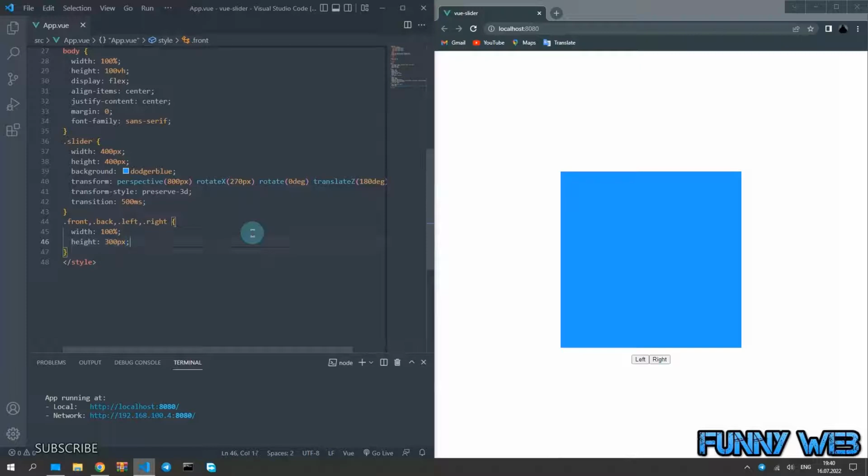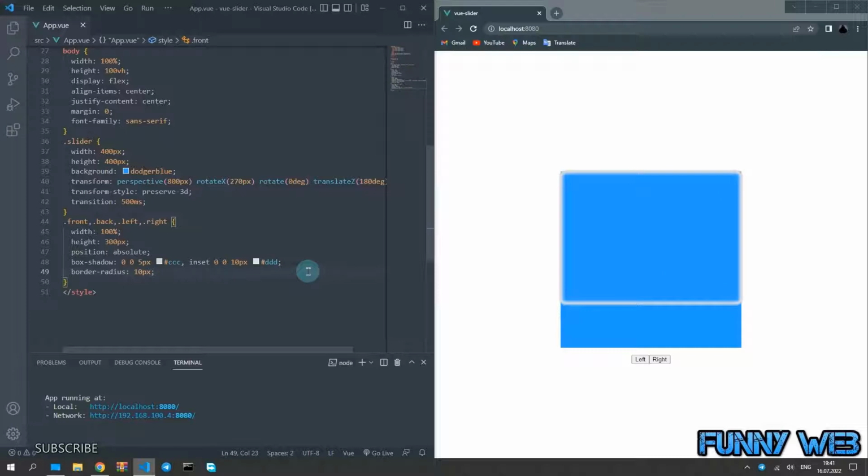After that, we will write position: absolute; box-shadow: 0 0 5px #ccc, inset 0 0 10px #ddd; and the last we add border-radius: 10px. And now for each element we define a rotation position like this. This point is the front, and inside curly braces we write transform: rotate X 90 degrees, translate3d